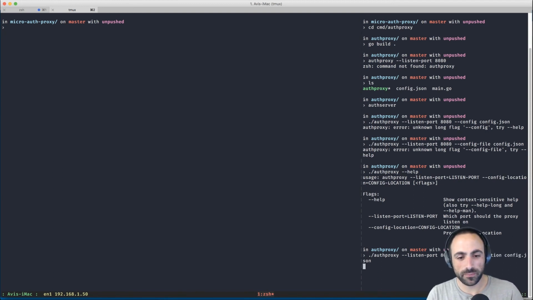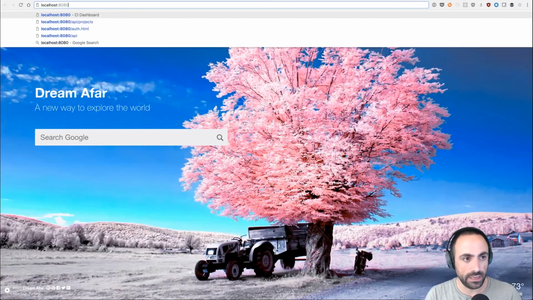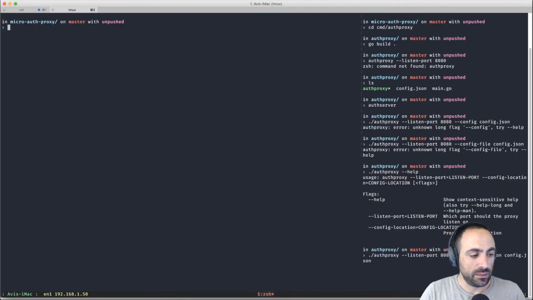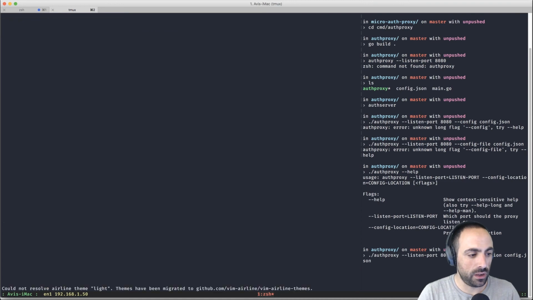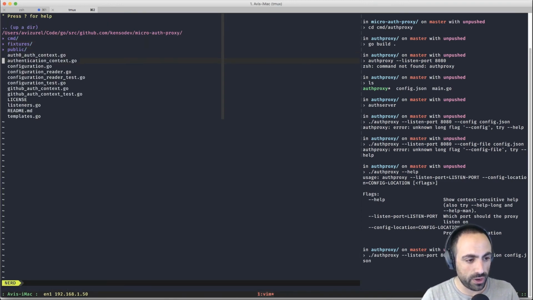Config location. Great. So if we go to localhost 8080, then what we see is that this shows the GitHub authentication proxy and then login to begin. So this basically means that somewhere we are hard coding this. So let's go ahead and see where that is.